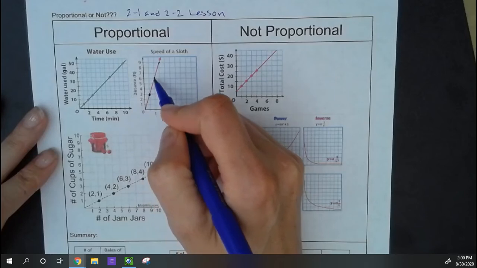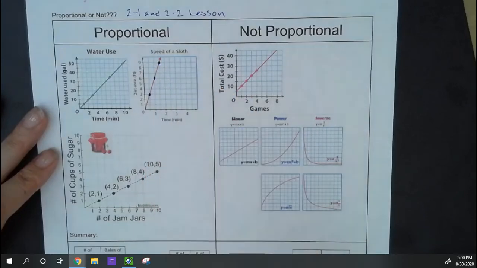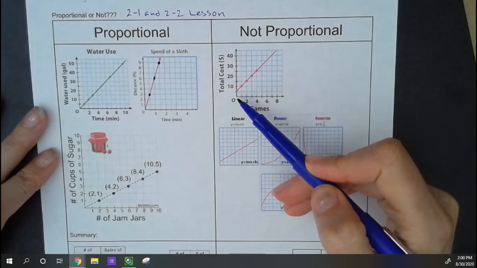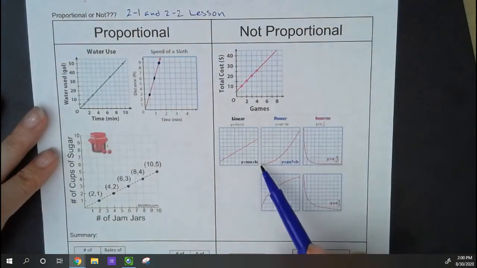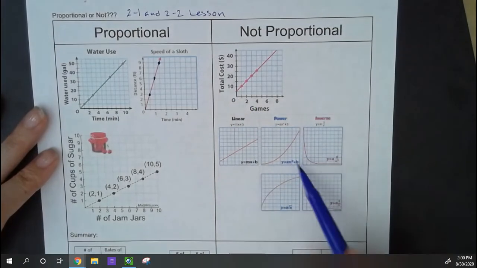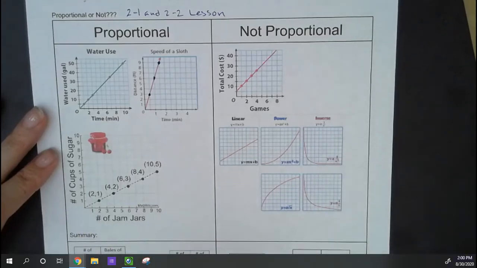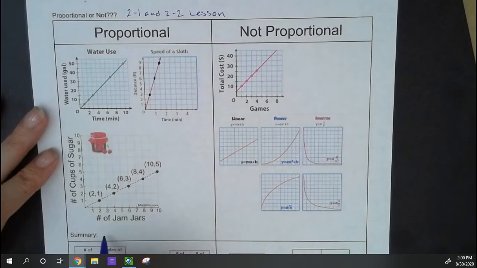Notice that I added dots to that line just to help me understand the question. That's fine to do. These over here are all non-proportional. This one's not proportional because it didn't start at 0, 0. This one here is not proportional because it's curved, curved, curved. So there's two things that we're looking for: a constant rate of change, that it starts at 0, 0,